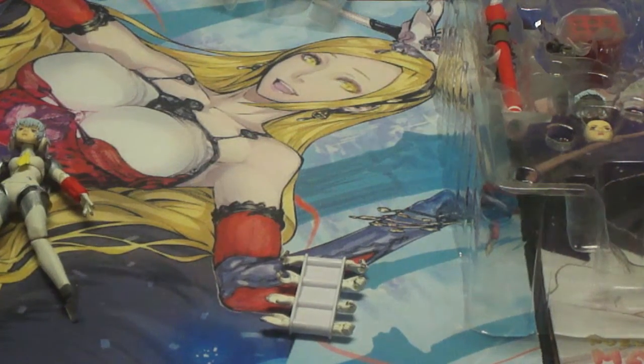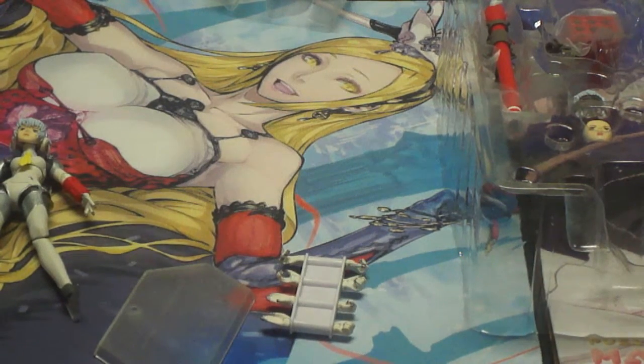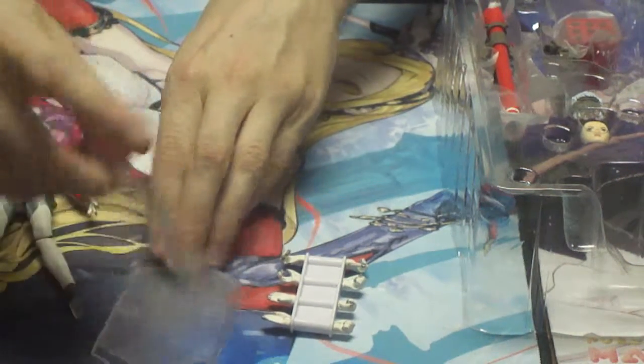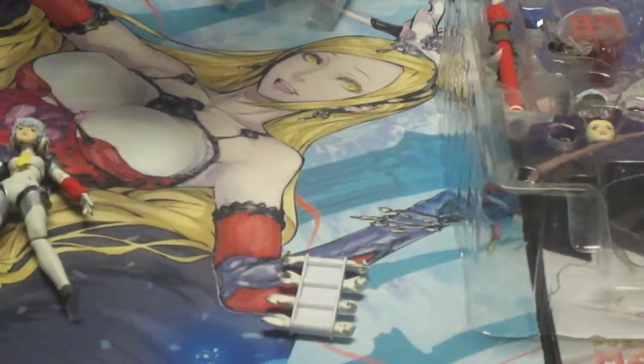And also in here we have our standard Figma stand base and the little swivel arm as well. More plastic. Alright, so we have our swivel arm that has one of these pegs that pops into the base here,